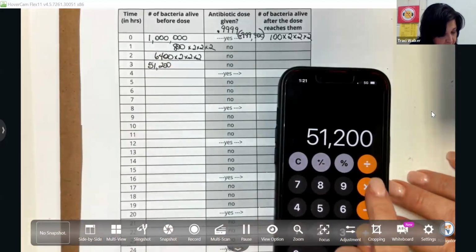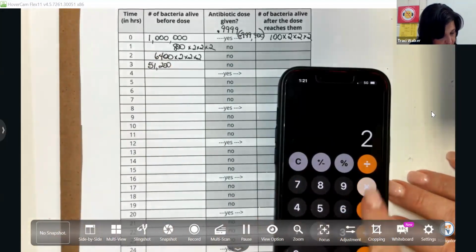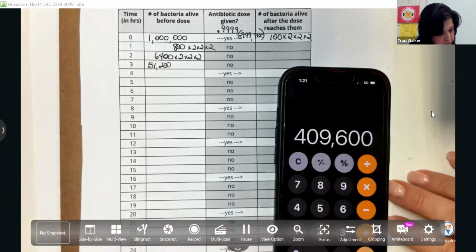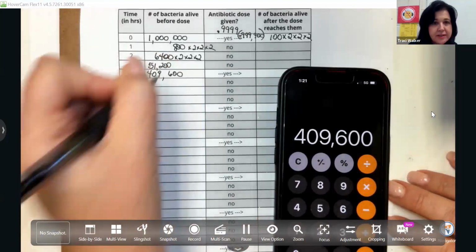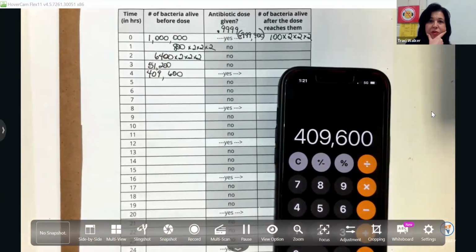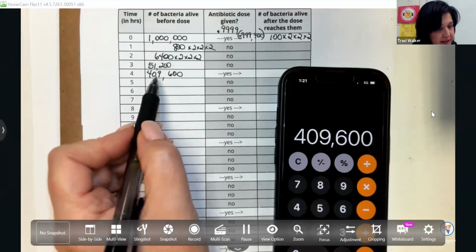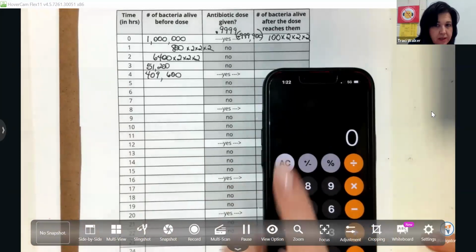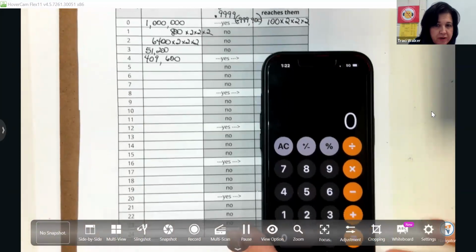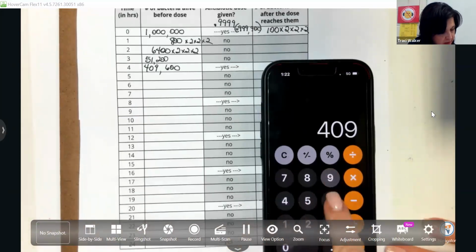And in 4 hours, we'll be back up to 409,600 bacteria. Okay, now we feel bad again. So now we're like, oh, I better take my next dose of antibiotics. So I'm going to take my antibiotics, and so I have 409,600